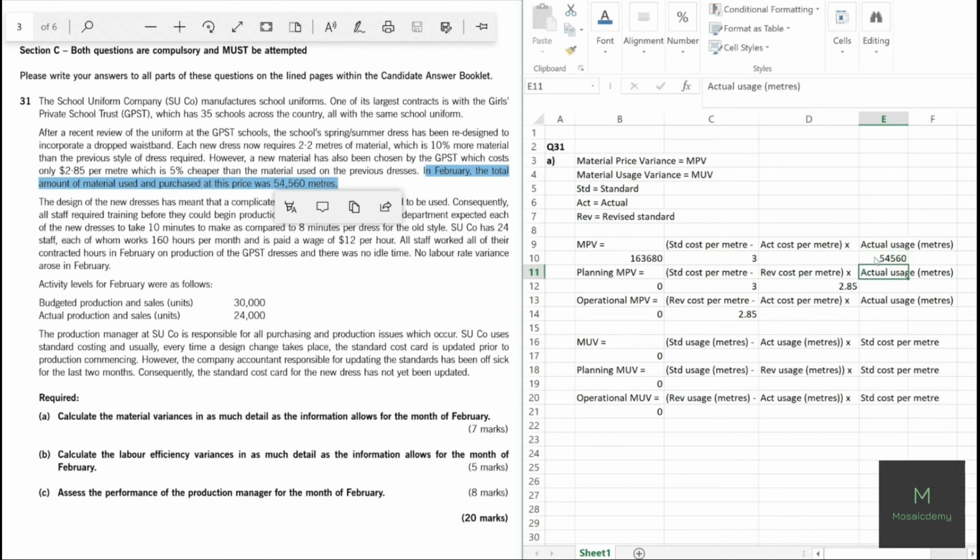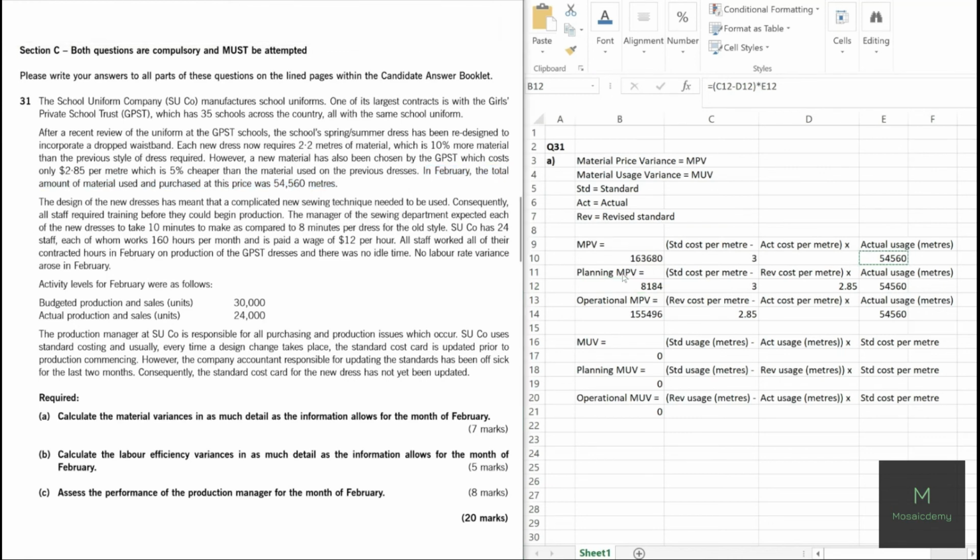54,560. So we can put that in our formulas as well, okay? And based on that, we already have our planning material price variance. We just need to find the actual cost per meter to get our material price variance and operational material price variance, okay? So the benefit of putting all the formulas in already was that we were filling out the numbers